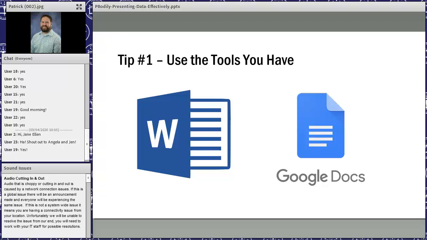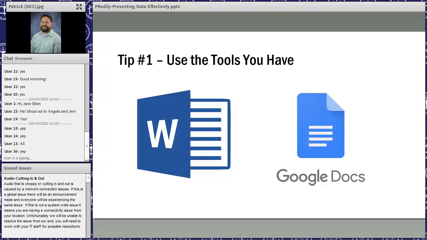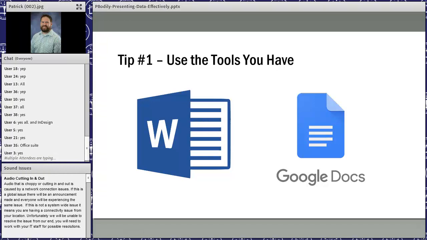Just by either raise of hands in Adobe or through the chat box, how many of you have access to Word or Google Docs or Publisher? Okay, so I guess maybe I should have said who doesn't, right? Because everyone has access to something. But the key here is that you can use whatever it is that you have, whatever it is that you're comfortable with, to make a data visualization. They especially have templates that you can use, so you don't even have to start from scratch.